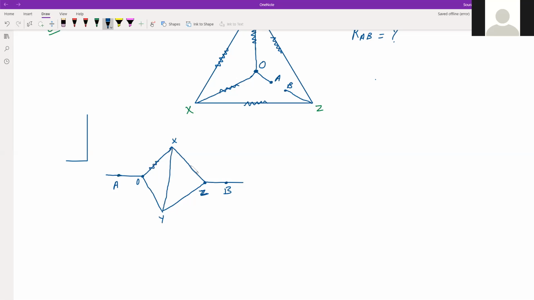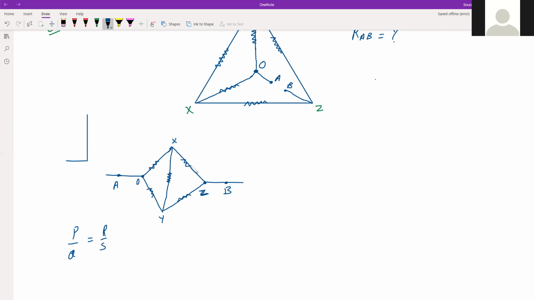Now here you have these resistors. So what do we get? Again we get what? A Wheatstone bridge. And it is again a balanced Wheatstone bridge, because all the resistors are same, so their ratios, right? Like OX divided by XZ will be equals to OY divided by YZ. So again, the two arms, the upper and lower, or the two loops have the same resistance ratio. It actually satisfies this P by Q is equals to R by S.